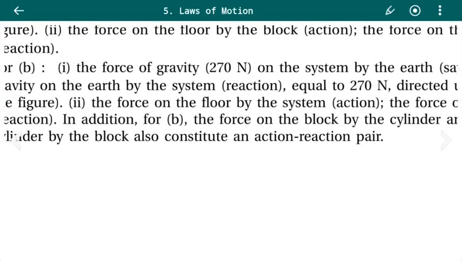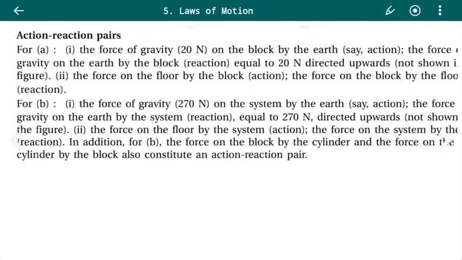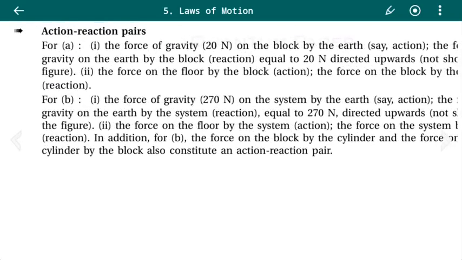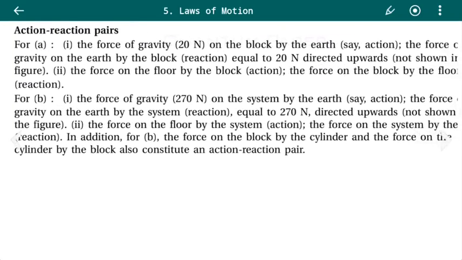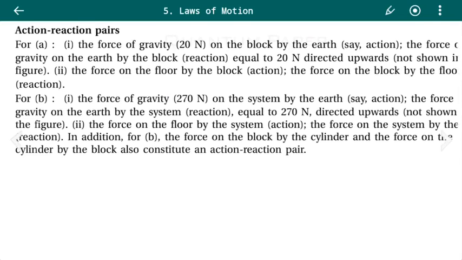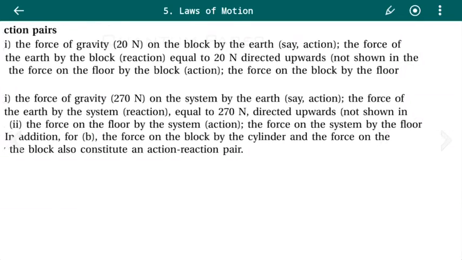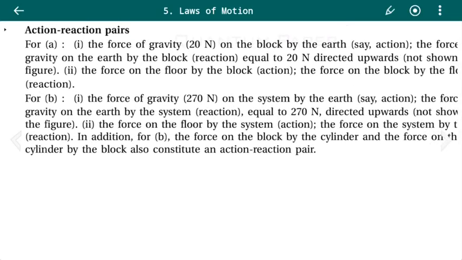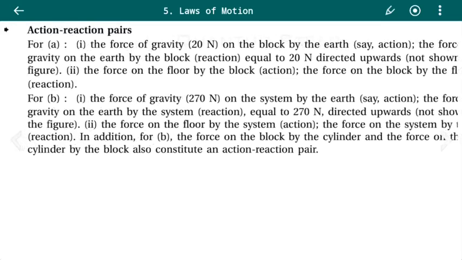Now for the second case: the force of gravity, 270 Newton, on the system by the earth, and the force of gravity on the earth by the system is the reaction, which is equal to 270 Newton directed upwards. The force on the floor by the system is the action and the force on the system by the floor is the reaction. In addition, for the second case, the force on the block by the cylinder and the force on the cylinder by the block also constitute an